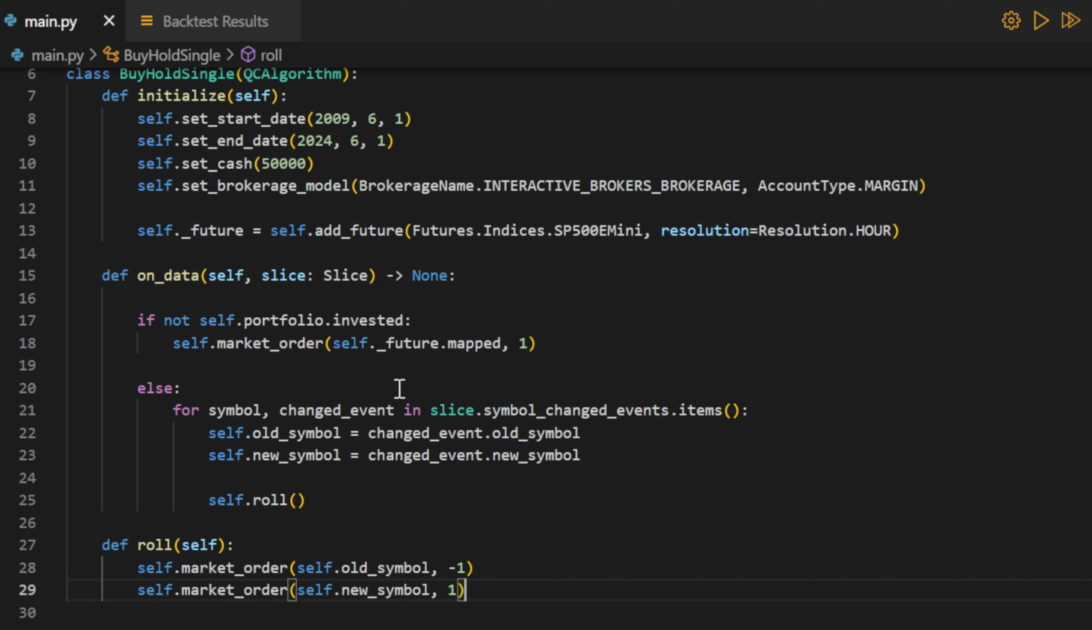During backtesting, the symbol changed event occurs at midnight Eastern Time, while in live trading, it happens at 6 or 7 a.m. ET. The code loops through the only one symbol changed event and rolls the contract using two market orders. However, because the timing of the events is not fixed between backtesting and live trading, we'd like to schedule the rolling of the contracts during the day as